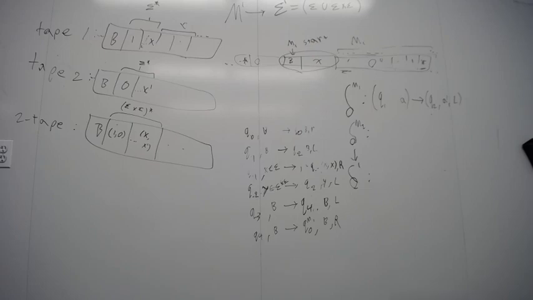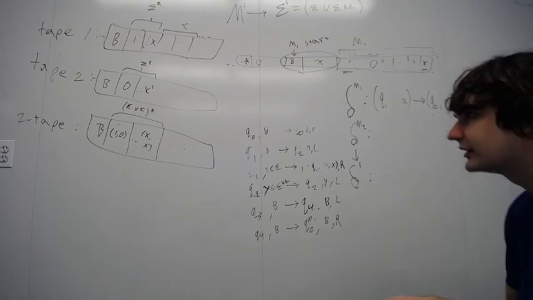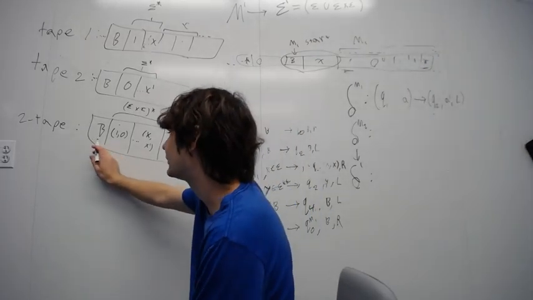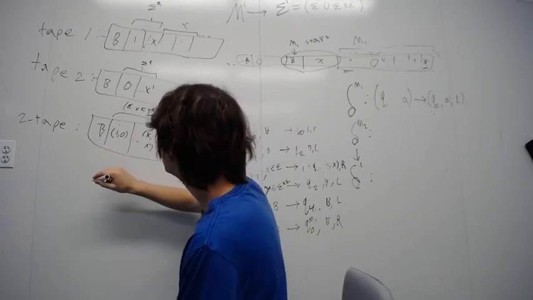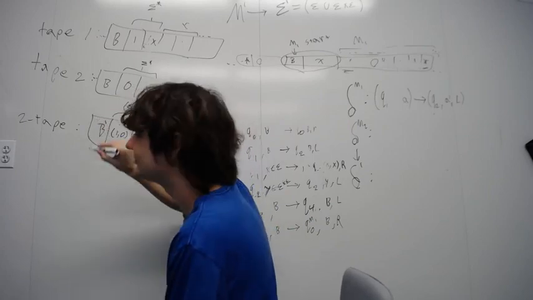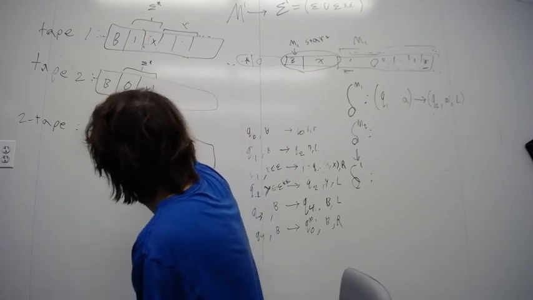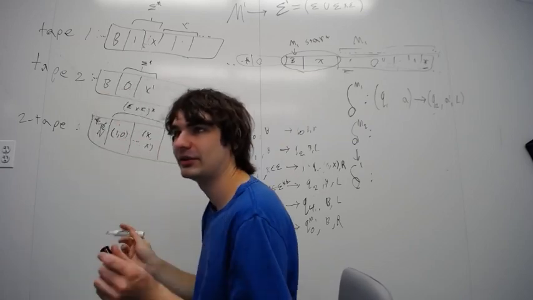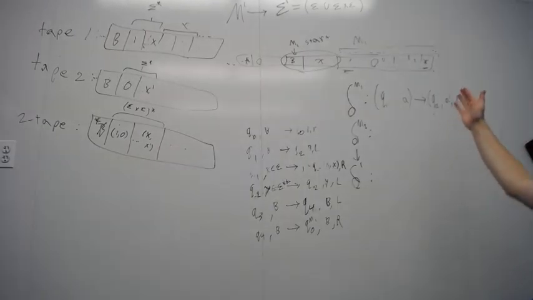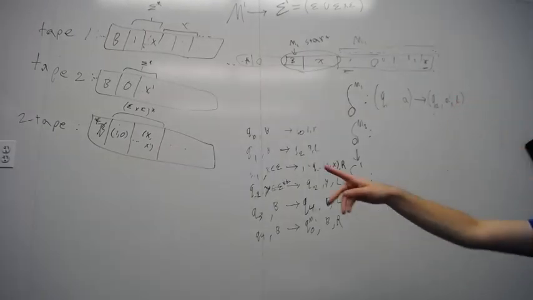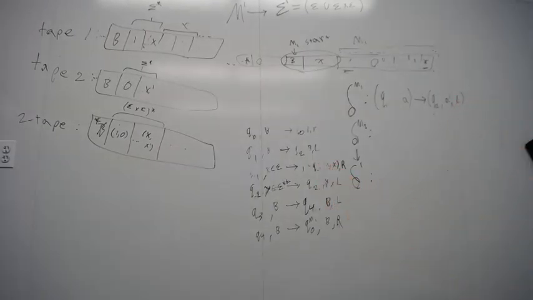So you could replace the first blank, and there's a blank at the end, right? There's a blank here. Honestly, the first thing you do is change this blank to blank prime. Not blank prime, it can't be blank. But you change this to some star symbol, whatever, like I was talking about before for marking the ends of the tape. You do that, and then what you do